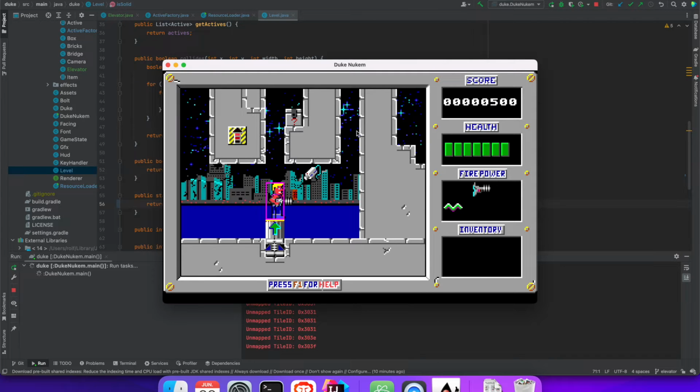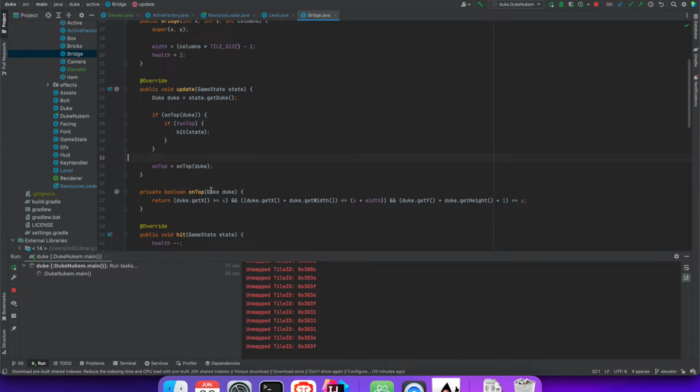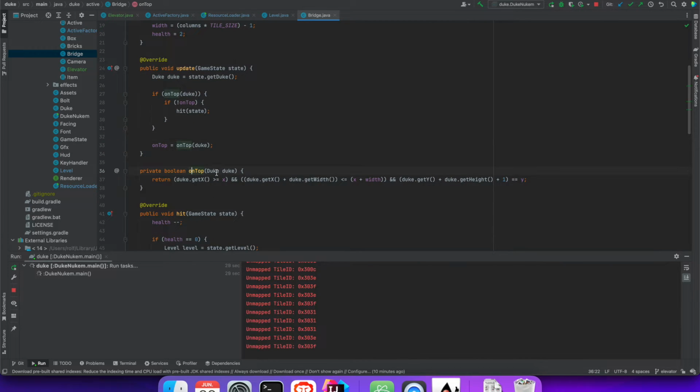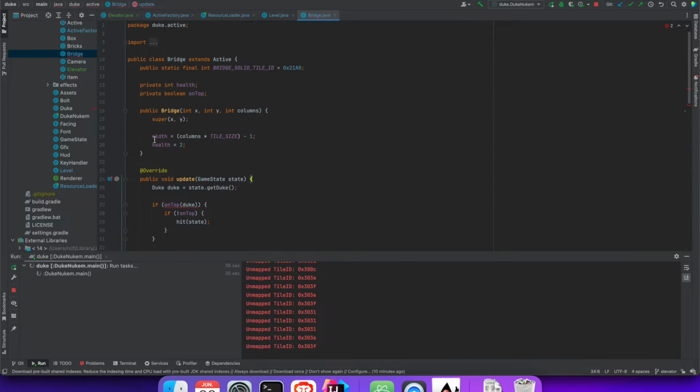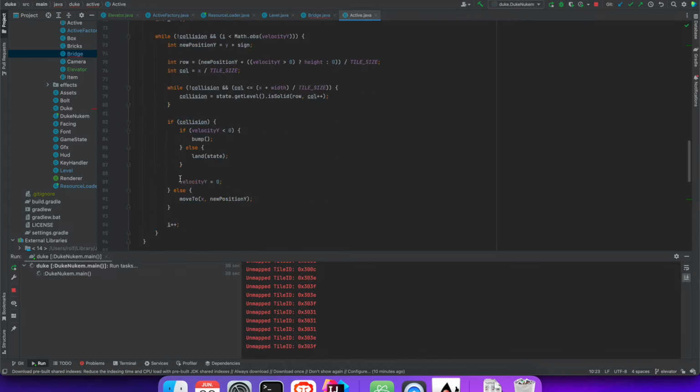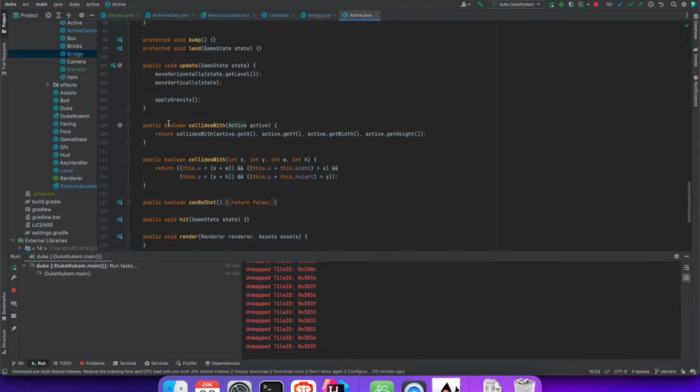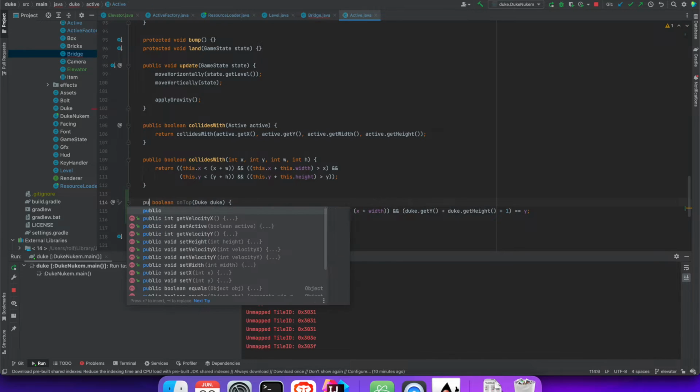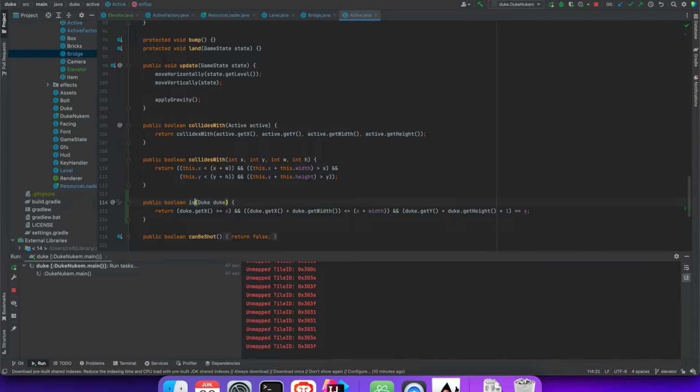Okay, so now in order to go up, we need to stand on top of it and press an up key. So the standing on top is something we already did here in the bridge class. We made a method that says, hey, is Duke on top? So I think we'll promote this to the superclass here so that we can use it for other active tiles as well. So let's go to our collides with stuff here and add a public boolean and flip it around. So let's say if this tile is on top of some other active tile,